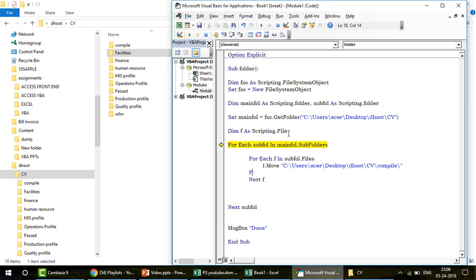Okay, so the file is going to move from here, move, and then you have to give the path. So where you want to move, obviously you have to move this to the compile. Make sure you write the backslash at the end also, otherwise you will not be able to move the files from there. So what will happen now, once you run this program, your VBA will target